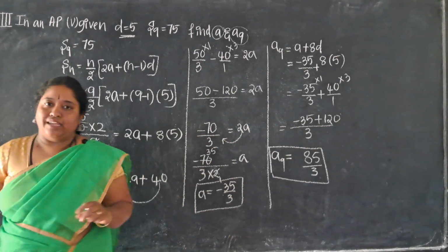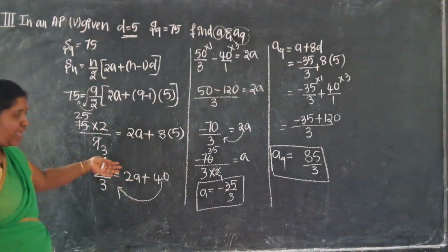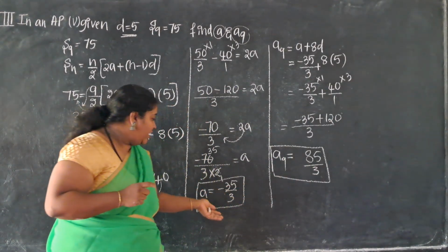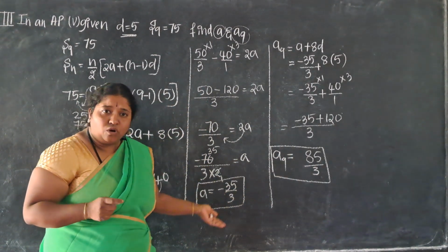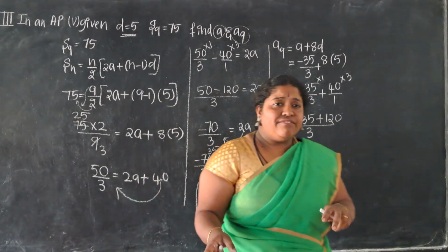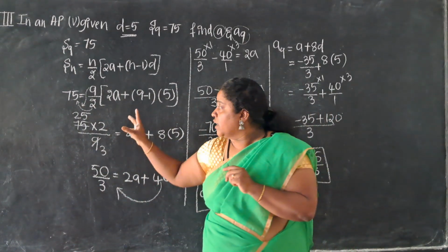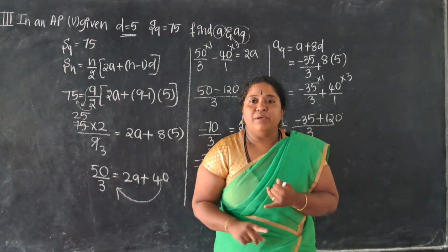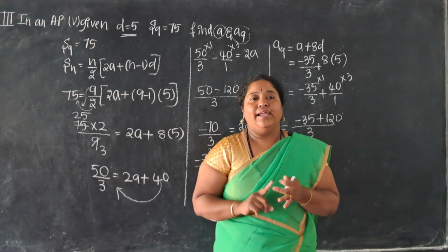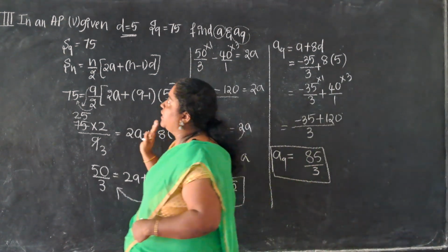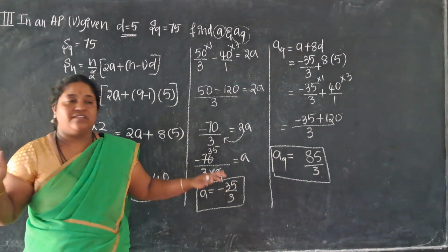The question is little tricky, dears. Understanding? And sometimes what you feel that, ma'am, how can a9 come a fraction, a come a fraction? Dear, I told you. Okay, a9, any sn, any d value can be decimal or can be a fraction, but only restriction is with respect to n. N must be a positive whole integer. Understanding? Practice it very properly, dear. Thoroughly you should practice these kind of the sums.